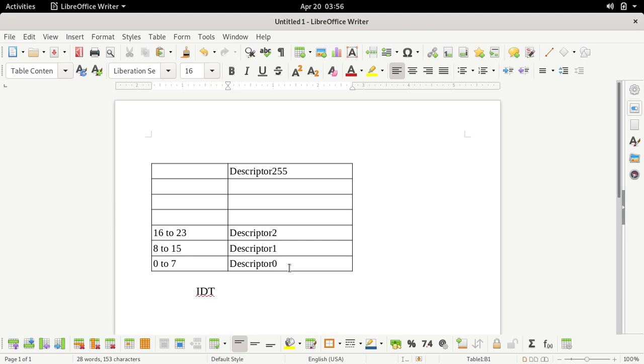So if we keep a descriptor above descriptor 255 in IDT, those descriptors will never be selected by 80386. So there is no point in creating more than 256 descriptors as far as IDT is concerned.